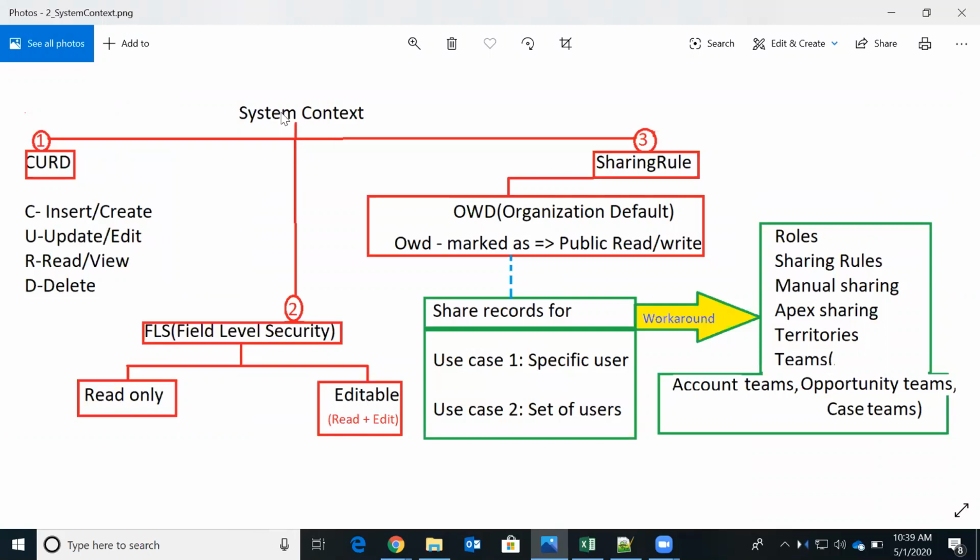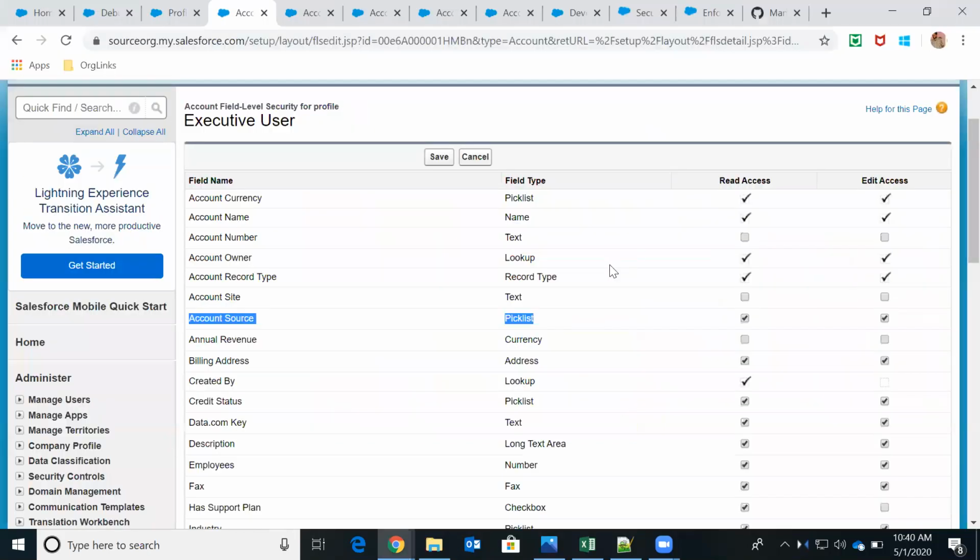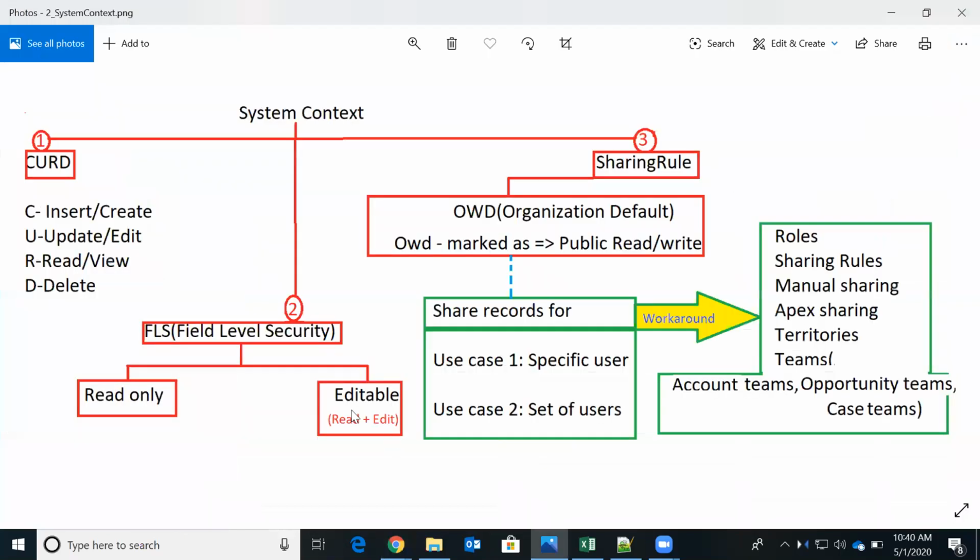Now, in system context, what is going to happen? In system context, FLS will be ignored. It means that even though at the profile level there are no permissions for a specific field, in the backend it will give the top permission, which is editable permission.